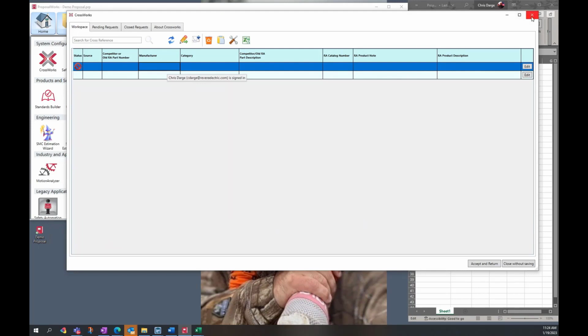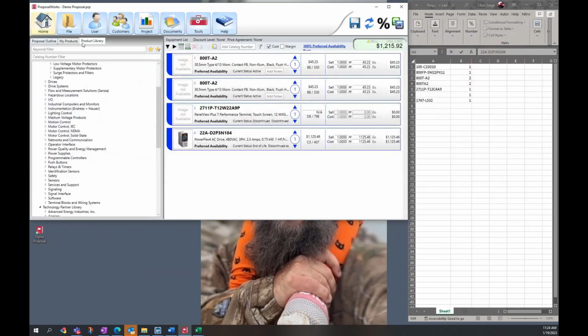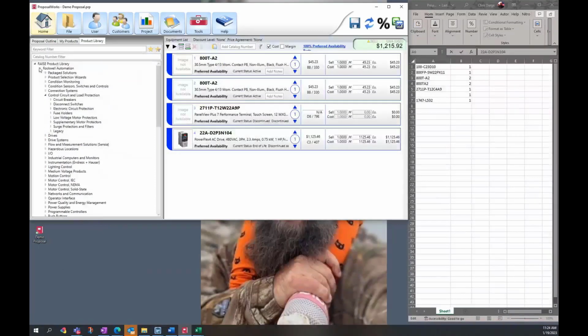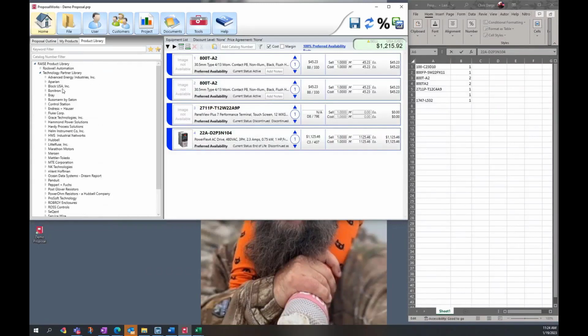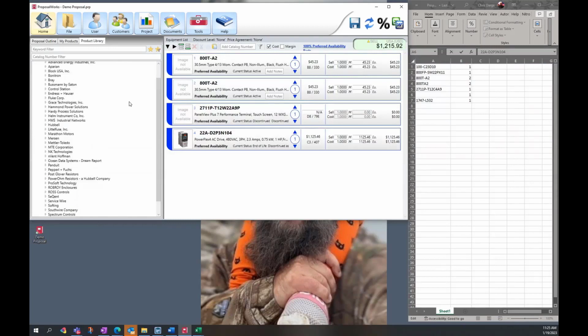All right. So we could go here for that. I do want to show one more great feature about this, and this would be our partner library. You'll see our technology partner library, which lists all of our partners. One that comes to mind right now that we'll use is Hoffman,